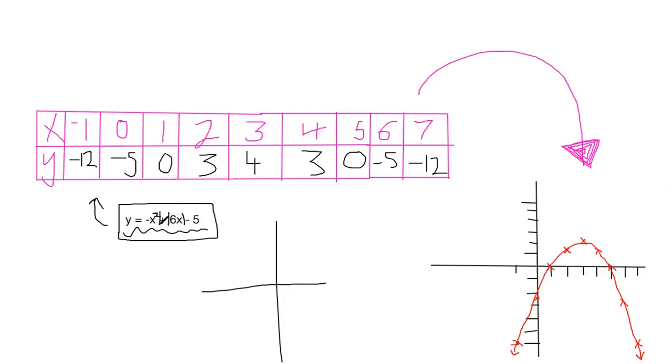You can also look at what the parabola needs to look like, because the negative means it's facing down instead of up. Negative x, and then plus 6 means it's moved across, and then the 5 means it's